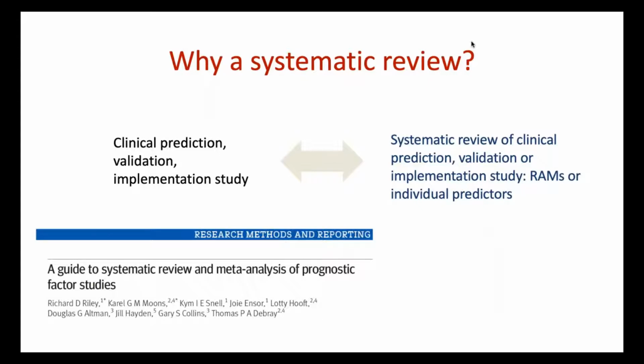The Guide to Systematic Reviews of Prognostic Factor Studies by Riley and colleagues notes that many prognostic studies are published each year, and the variability in design, the factors measured, and the inconsistency in the findings make a systematic review an optimal method to better identify which factors have prognostic value.